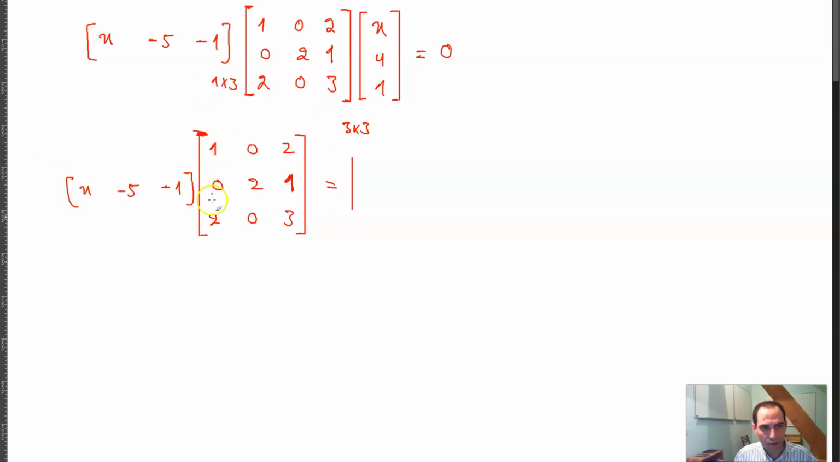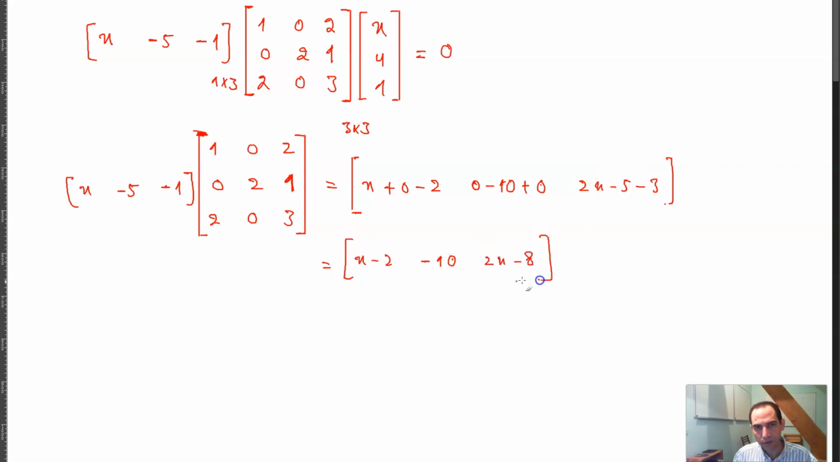So you have this times this, that would be x plus 0 minus 2, and 0, negative 10, 0, negative 10, and plus 0, and then you have 2x minus 5 minus 3, which is the same thing as x minus 2, negative 10, and 2x minus 8. And if I multiply this by this matrix,